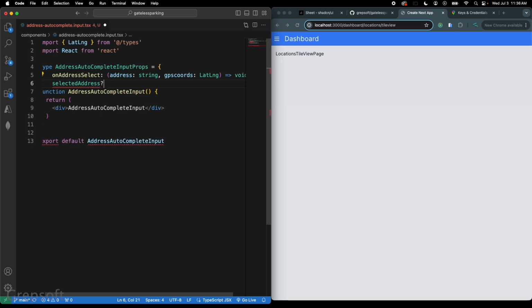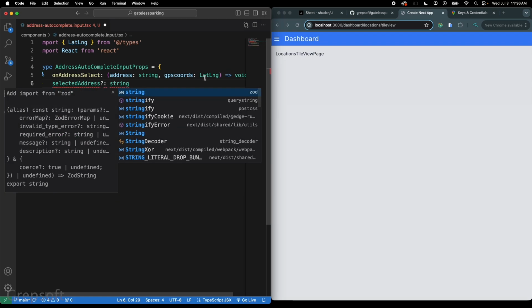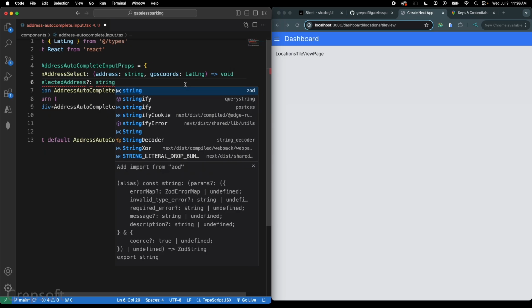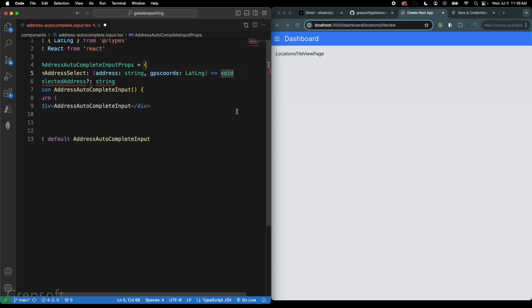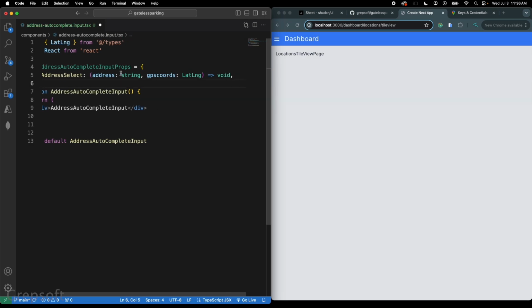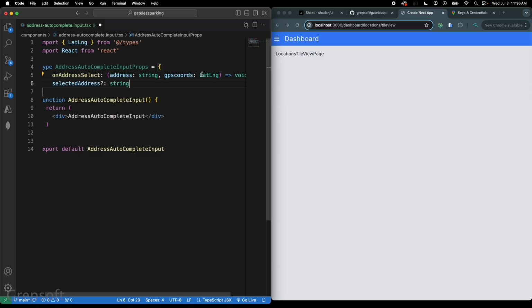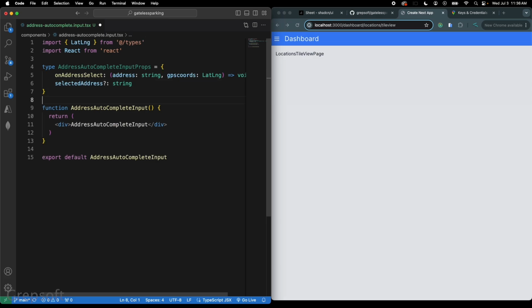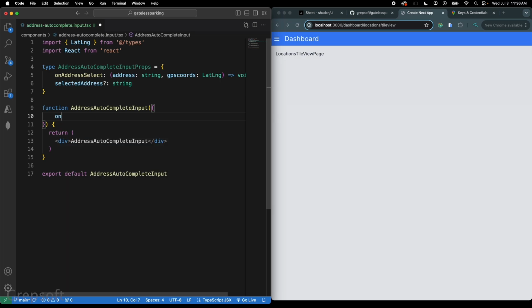This is, by the way, optional. So that's why I'm putting that question mark. Okay, and let me see. I think I need to do this. And, oh, sorry, this should have been inside of these brackets because it's a type. Anyway, so that's that. And then what I will do is I'll come here and I can do on address